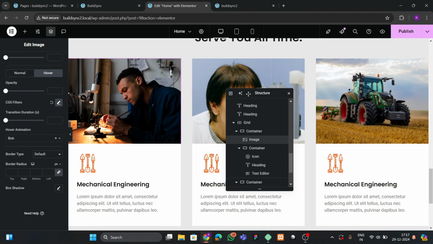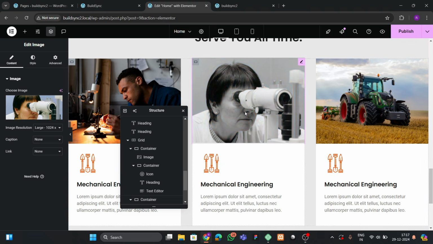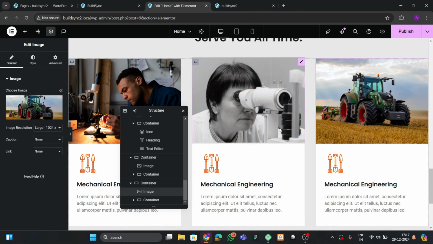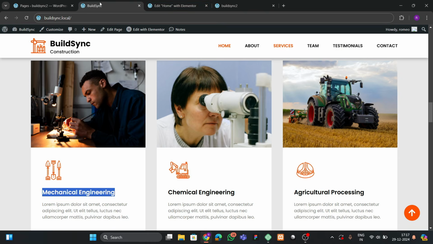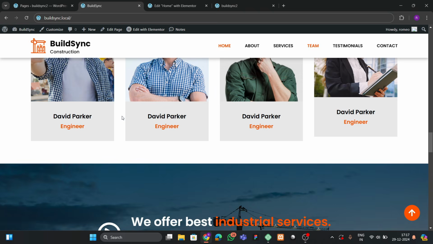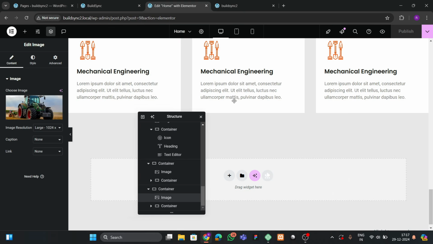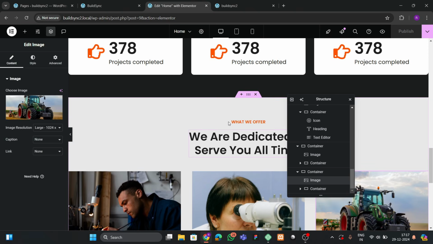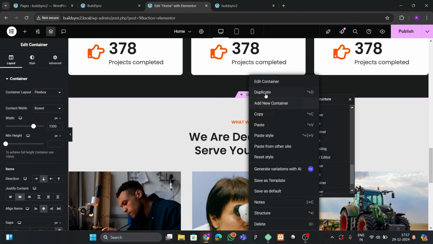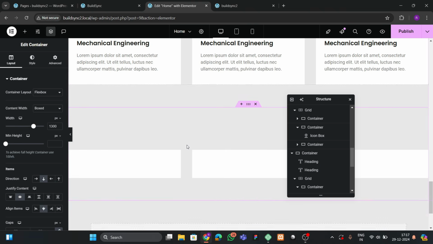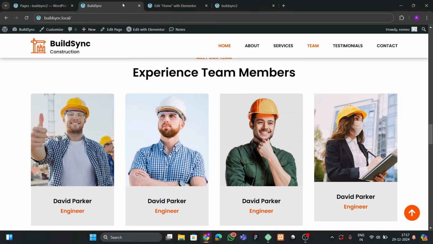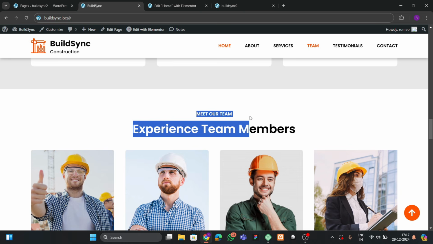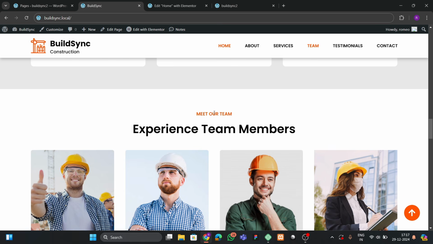Then you can just copy this, and you can just paste the styles like this. Okay, let's publish. So let's move to the next section where we're gonna make this team section. For making this team section, we can just duplicate this, because these two sections are almost similar. Let me write it here, copy this,